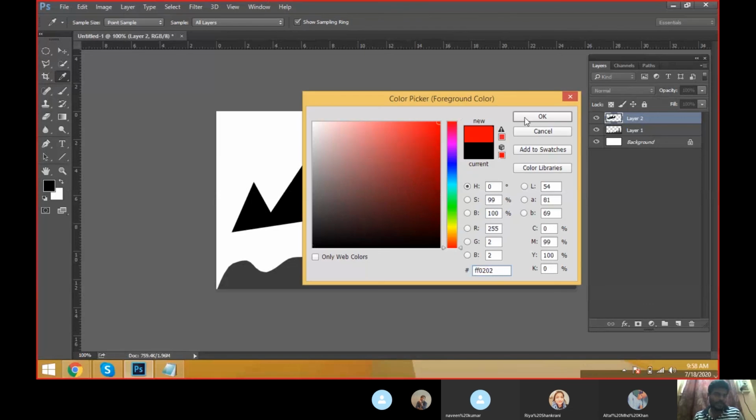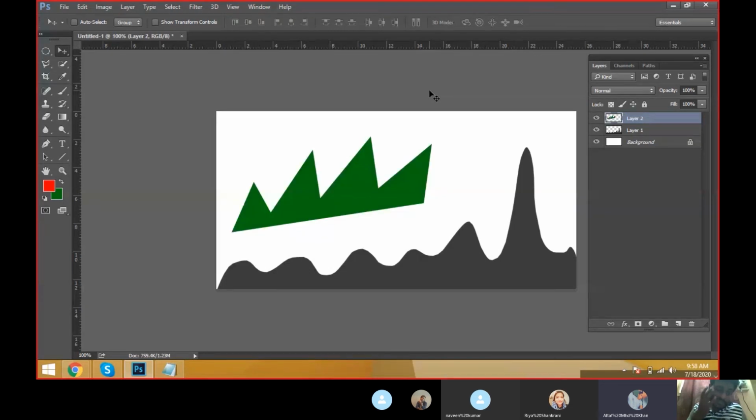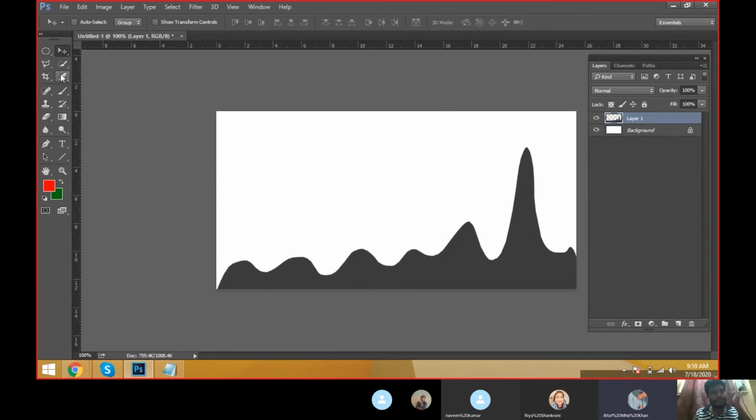Now, it is a red and green color. Altaf, now tell me, I need to fill the green color into that layer, that shape. What should we do? Alt backspace. See, where is the green color, Altaf? Alt Shift backspace. Okay. Control Shift backspace. Yeah, exactly, Control Shift backspace. Why did you use the Control key, means Shift key? Because we didn't select the shape. Yeah, because there is no selection. That's why Control Shift key and Alt Shift key. Okay, nice.